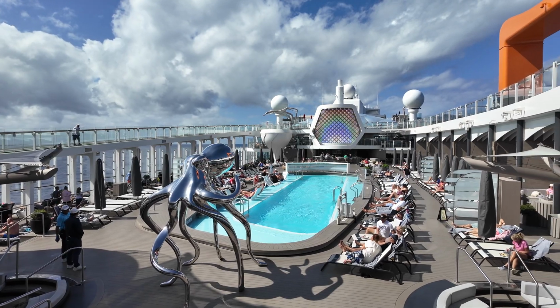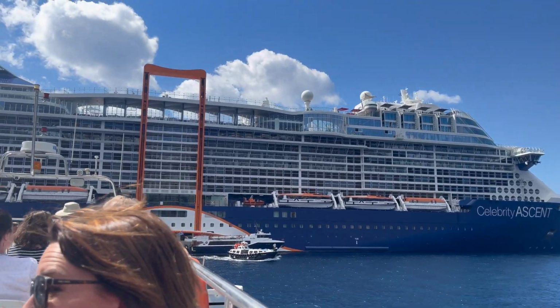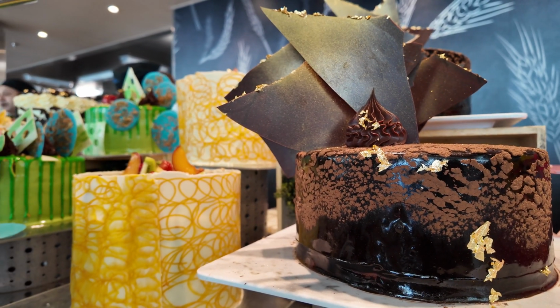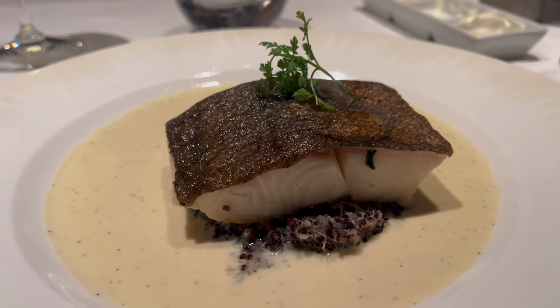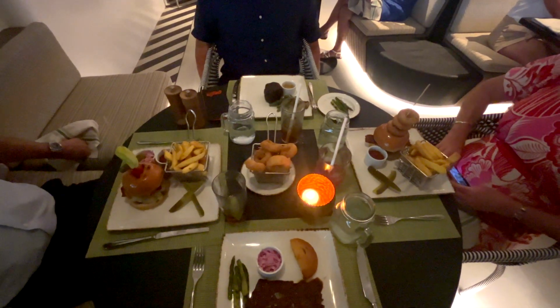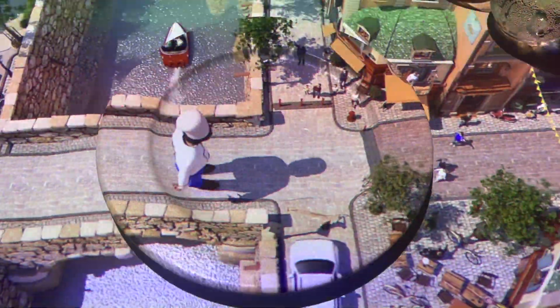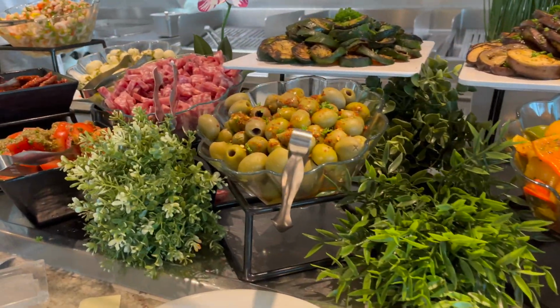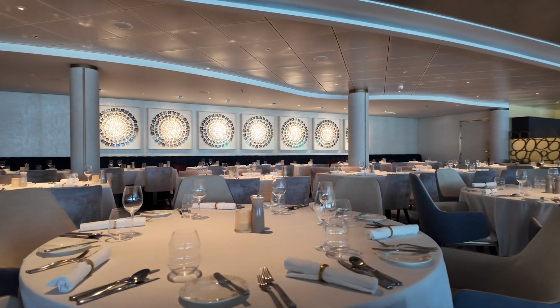If you're getting ready to cruise on Celebrity Ascent and want to know what to expect from the food on board, we're here to help you understand all the options included in your cruise fare. Don't get us wrong, the specialty dining on Celebrity Ascent is incredible, but we want to show you that there are plenty of dining venues and choices available to you that are also excellent without the need to spend any